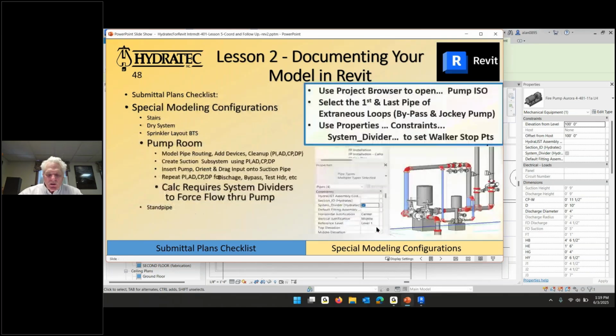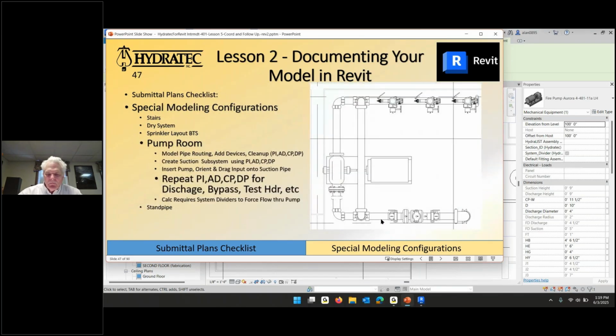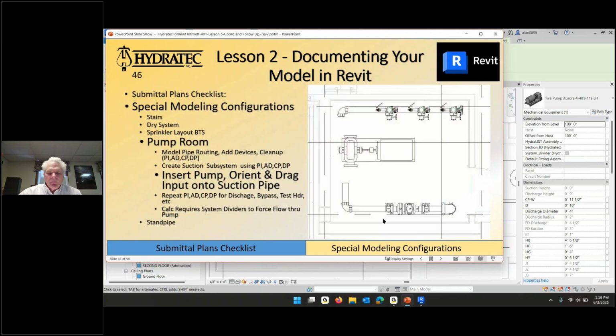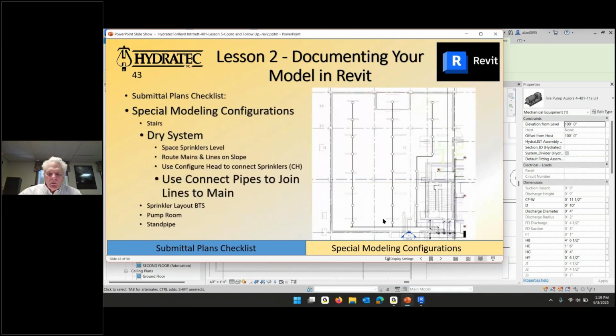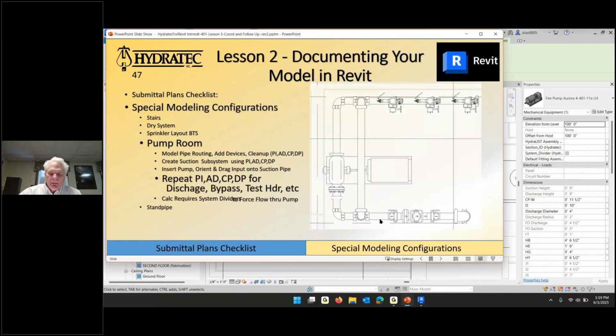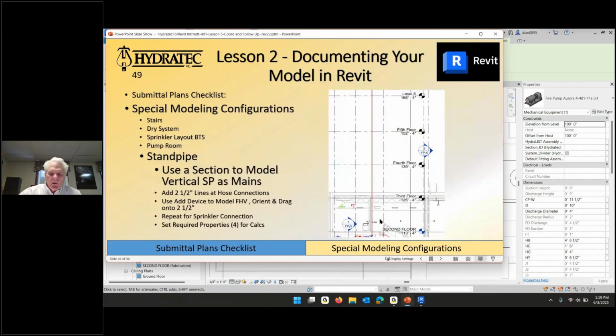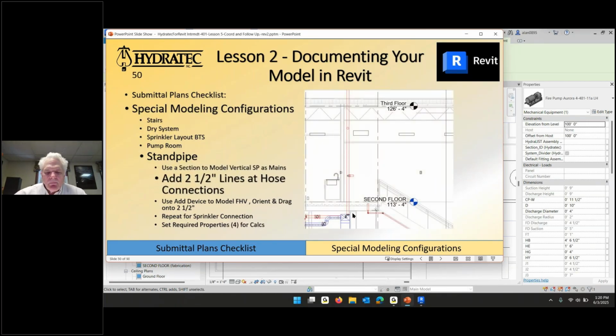If you go to the lowest level, oops, I keep trying to zoom in on a slide, and that doesn't work. I'm going the wrong way. All right. Zoom in on